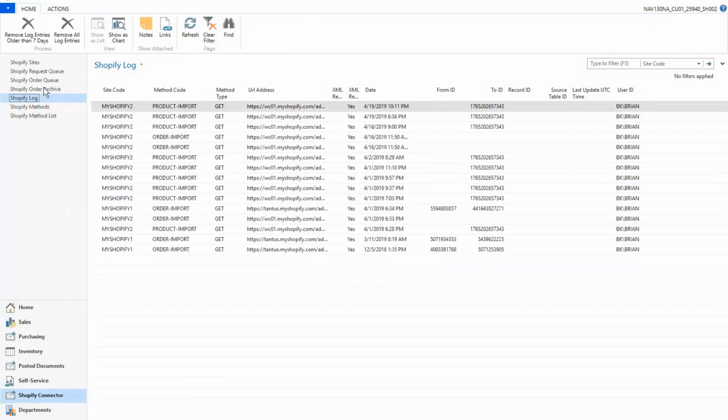And the log we already reviewed, so not much different detail here. You can remove the log entries older than 7 days, or remove all log entries if you don't need them anymore. So looking at a posted sales shipment in Business Central,